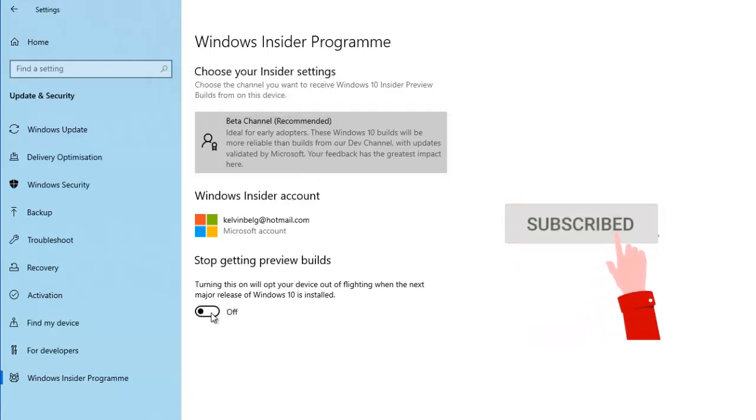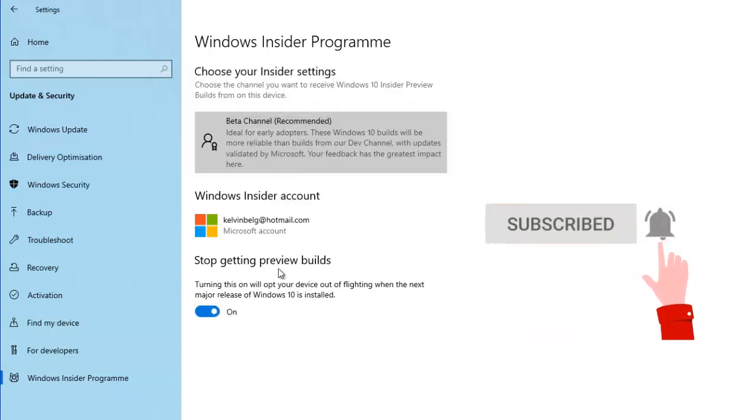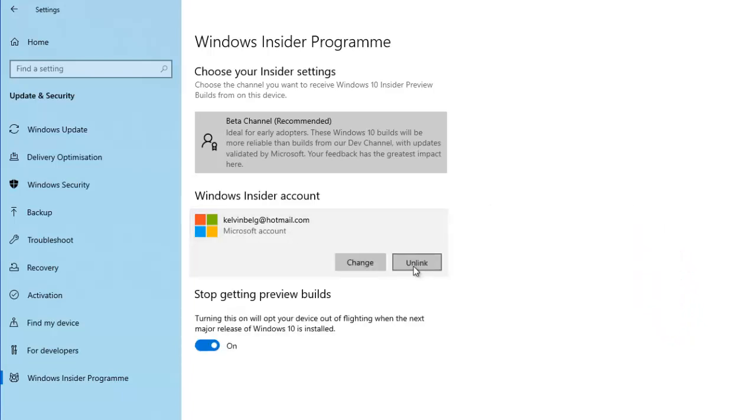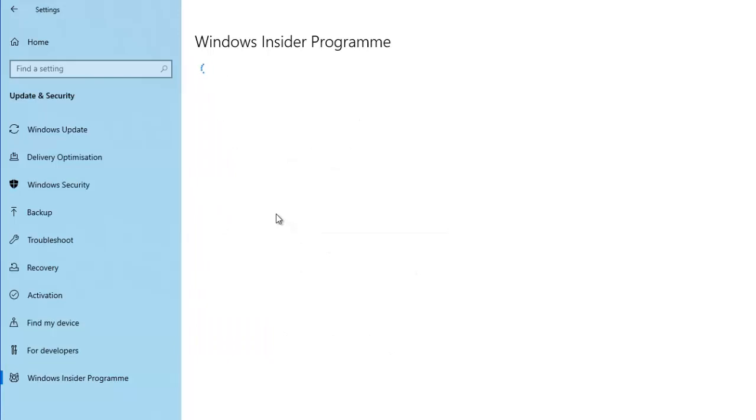So what I need to do is I'm going to just put it on stop getting preview builds, and then I'm going to unlink my account from this channel. So when I click restart now, my device will be restarted and I'll no more be a member of the Insider program. So I'm going to restart my device and show you that I'm no more a member of